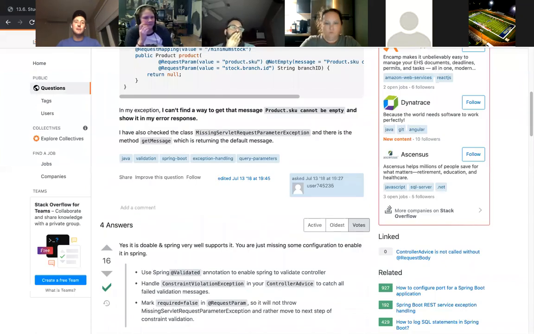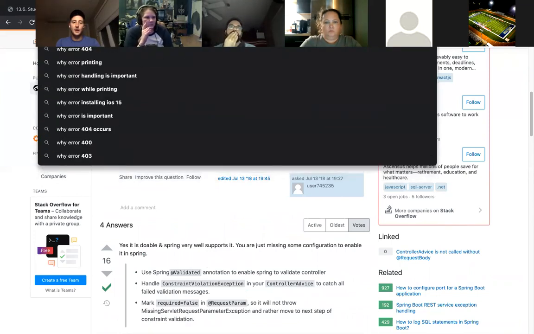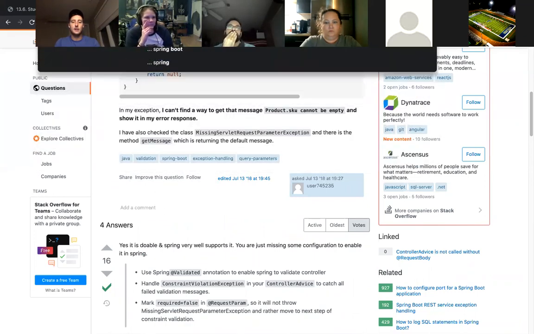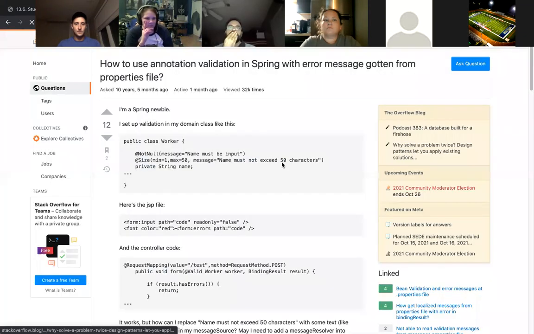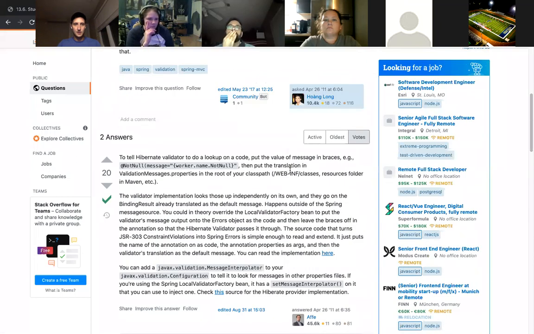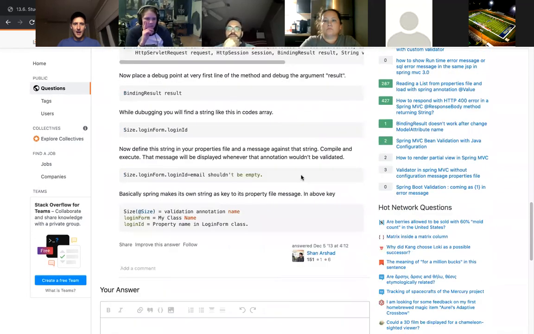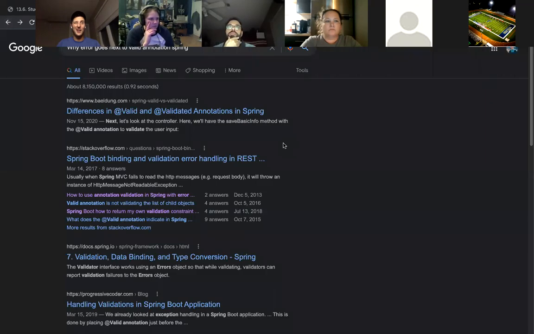But out of personal curiosity, what would be the Google for that? So it'd be model why error goes next to valid annotation spring. See if they do it. Oh, I forgot this is Hibernate technically, isn't it? No, we're not using it. Yeah, honestly, I would say that feel free to look into it on Stack Overflow. I can try to do it on my own time too and see why, but